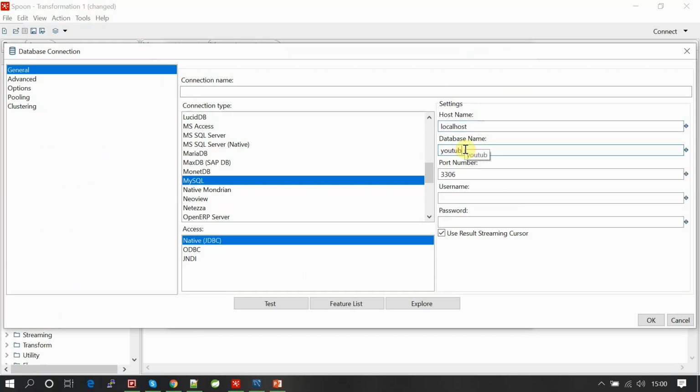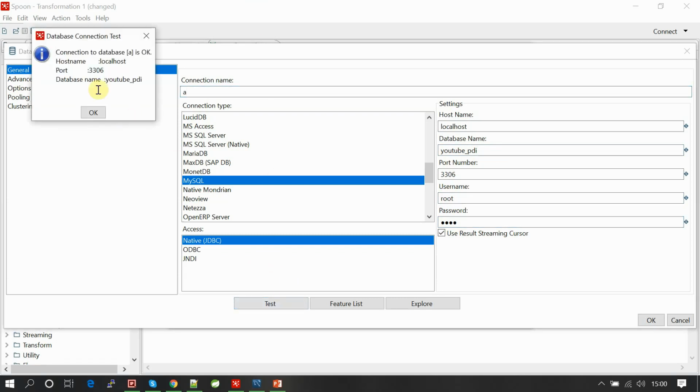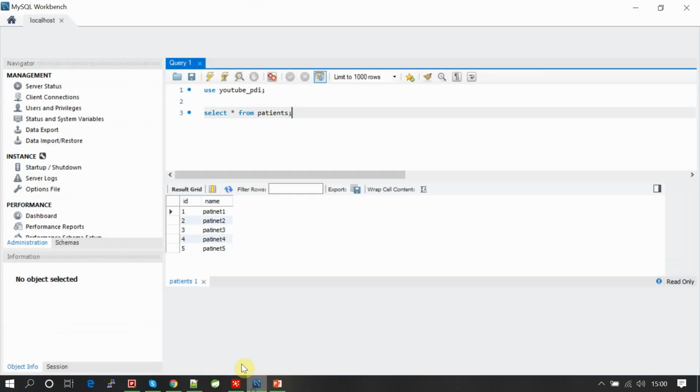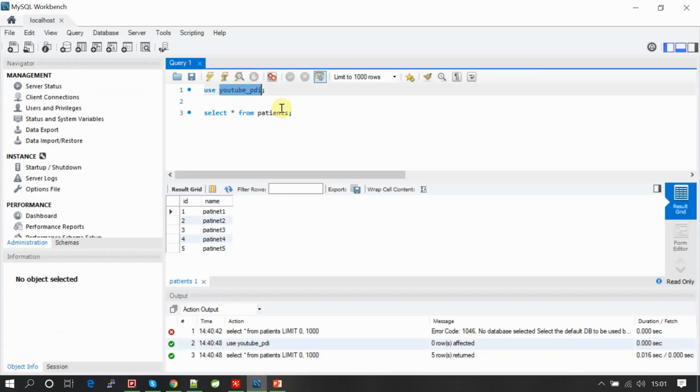YouTube PDI, and username and password. Give a connection name, any name you want. Test it. Now the connection is tested. Okay, and the target schema is YouTube PDI, the patients table.